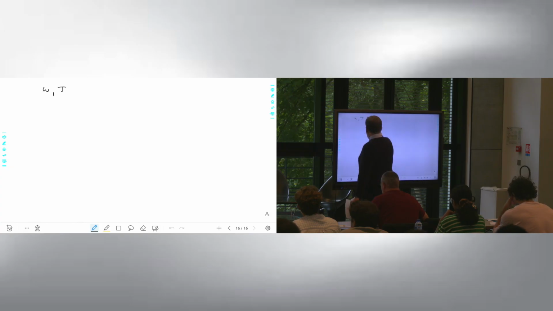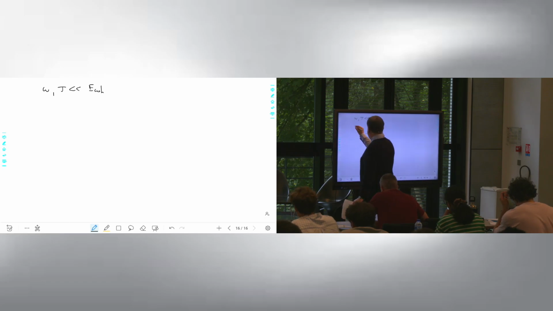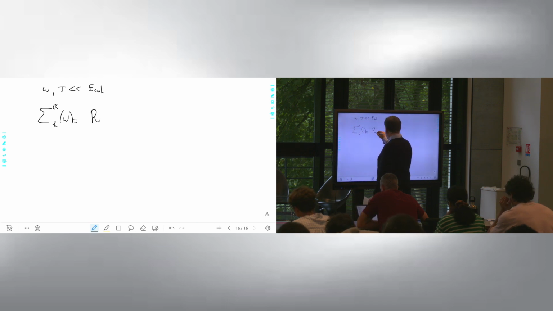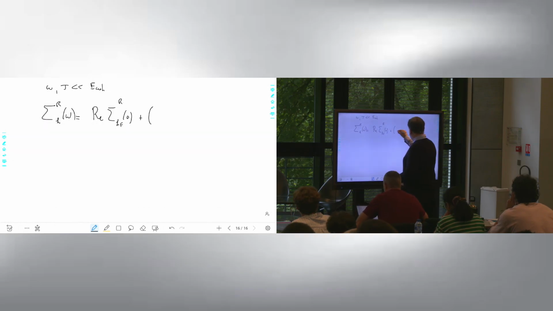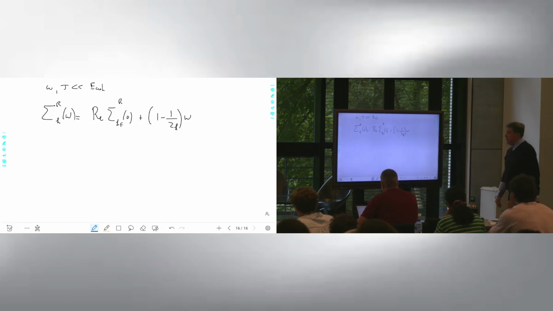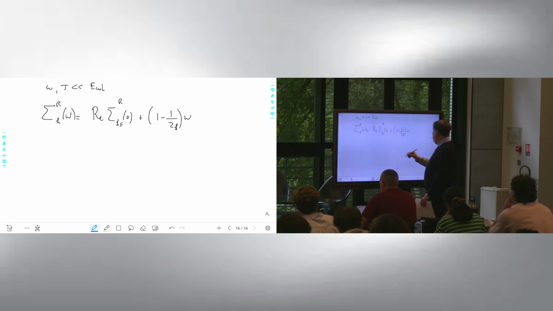At low frequency and low T, I am going to say that the self-energy of omega is going to be the real part of the self-energy at k_F plus, well, a first order term in omega, and I'm going to call the first derivative of the self-energy at the Fermi surface at k point the quasi-particle residue Z_k, plus some term which is,